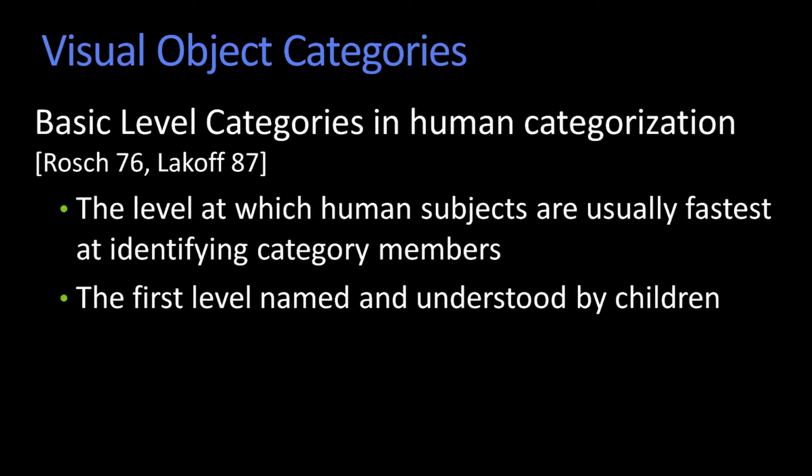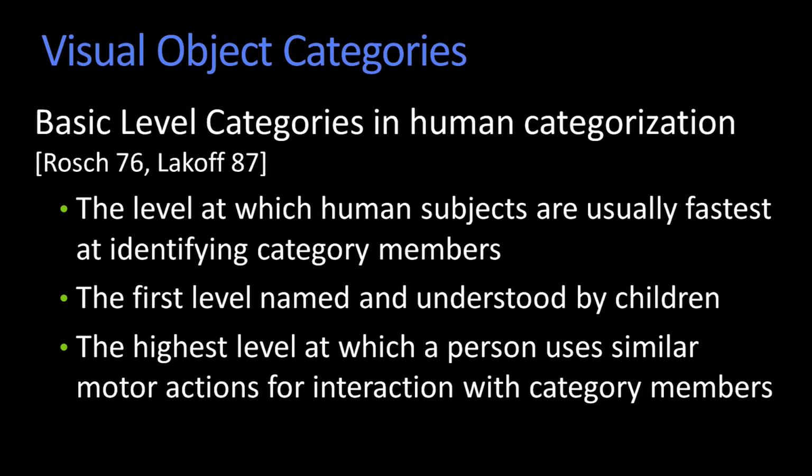And then there's this thing that typically this is the level children understand earlier. So they'll learn about dogs before they'll learn about animals. They'll learn these words. And there's one written here about having motor actions interact. You can imagine that there's a set of things you do with dogs that span dogs, right? There's probably not the same set of things you do with animals, right? You probably pet dogs. You're probably willing to pet most dogs, probably all dogs generically if you're a dog person. The idea is that you have these interactions. So there's this preferred level within the human.